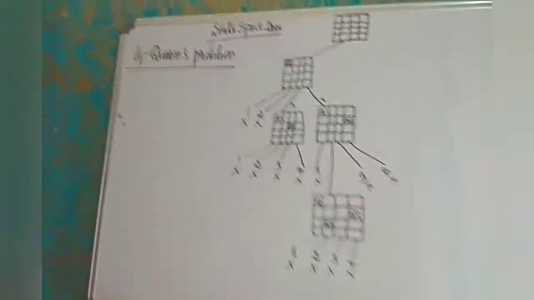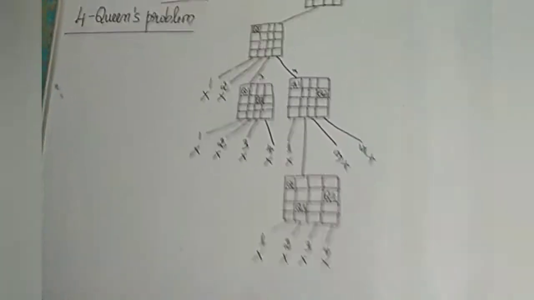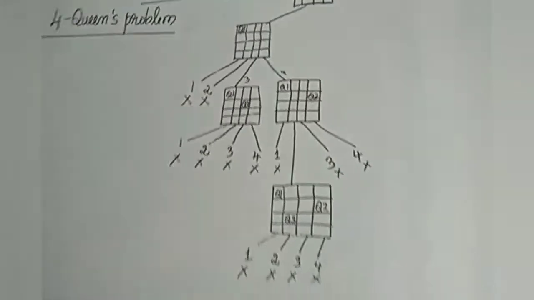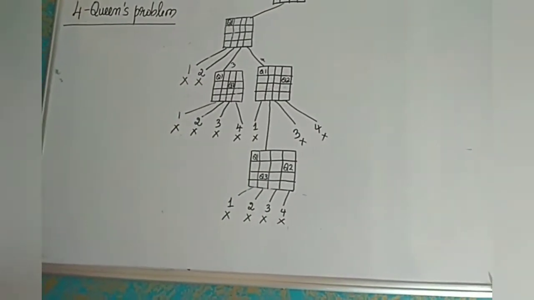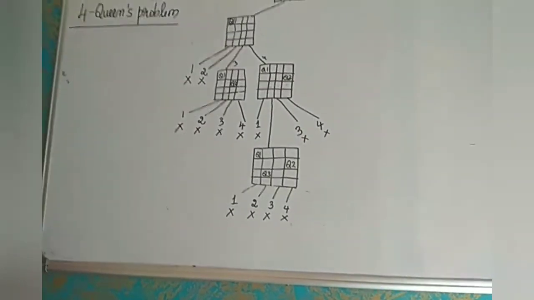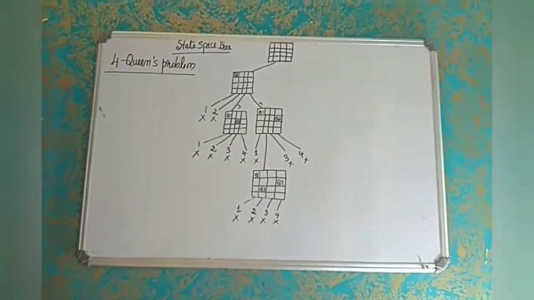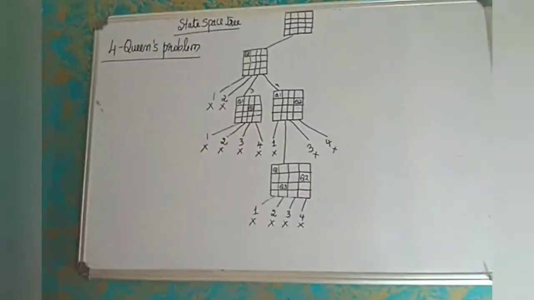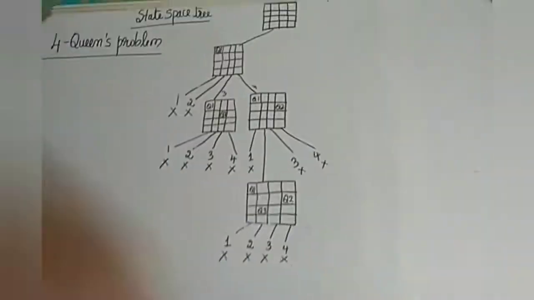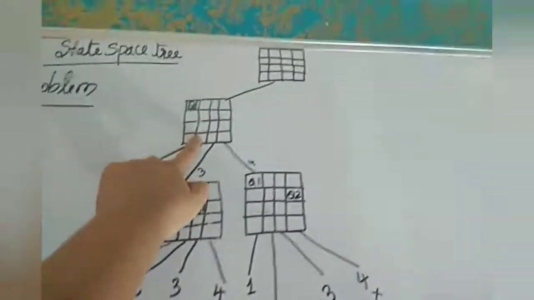So again go back to this and check any other possibility. Other possibilities are these two. One is 3. Placing the queen in the 3, you have to check whether you can place it in third column. No, not possible. Whether you can place it in the fourth column, that is also not possible. So what to do? Again you have to backtrack, means again you have to go back to the previous node. So this node you have to go.